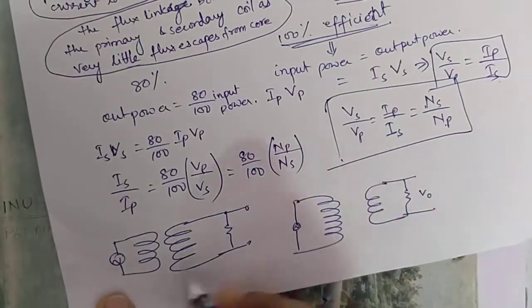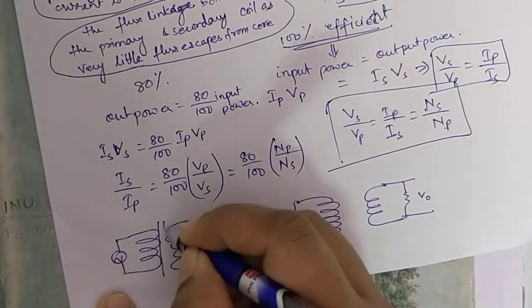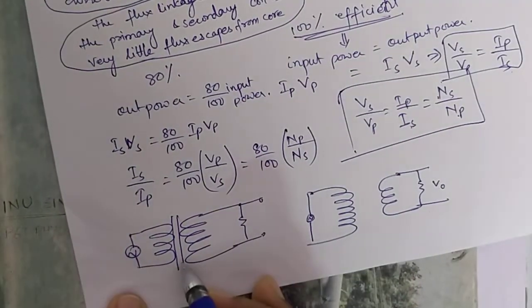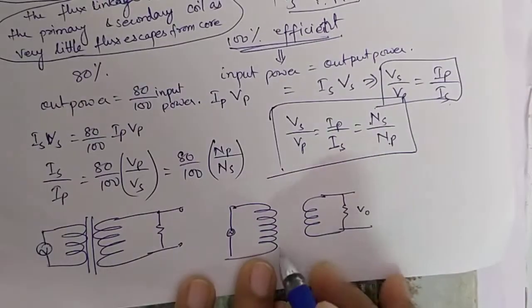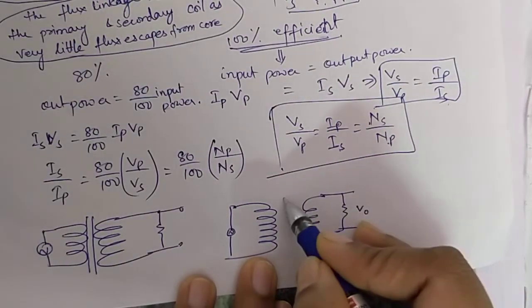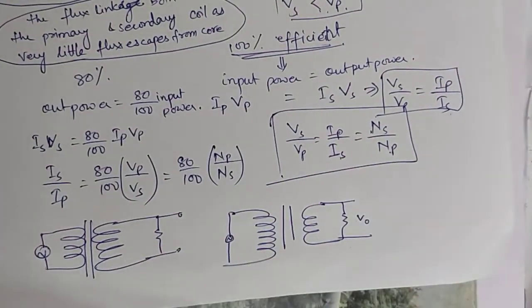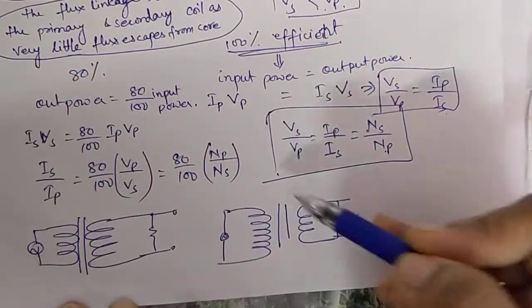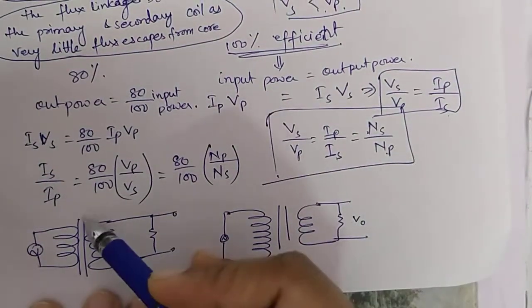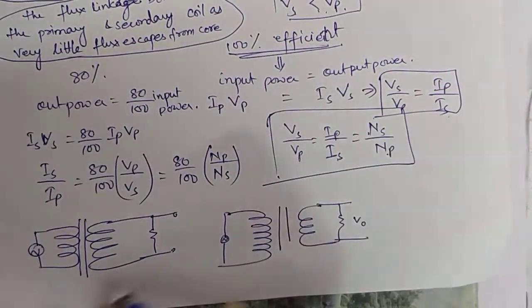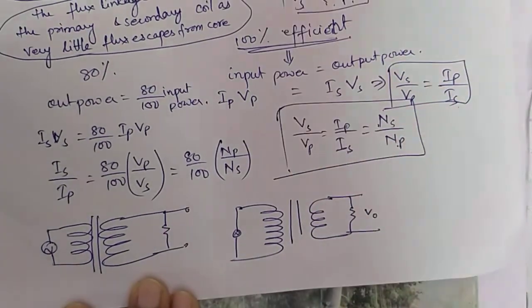Now if I make two parallel lines in between, this is also a step up transformer, but here you have an iron core, and this is a step down transformer. Here if you draw parallel lines, there also there is a laminated iron core. So if there is an air core, we don't draw these two parallel lines. If there is an iron core, laminated core, we draw the parallel lines, and these are the symbols of the transformer used. Thank you.